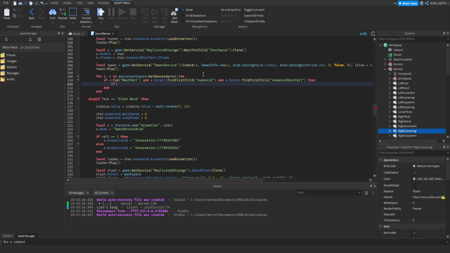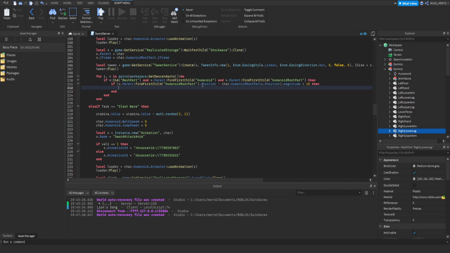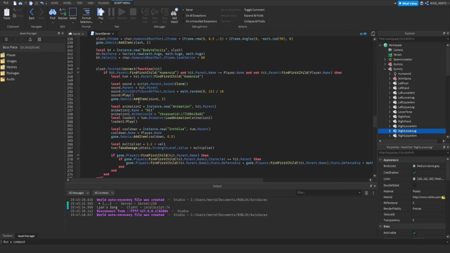If the position of our enemy's humanoid root part minus our humanoid root part's position, .Magnitude, is not greater than 10, then we are going to deal damage. So then we can go inside of here,